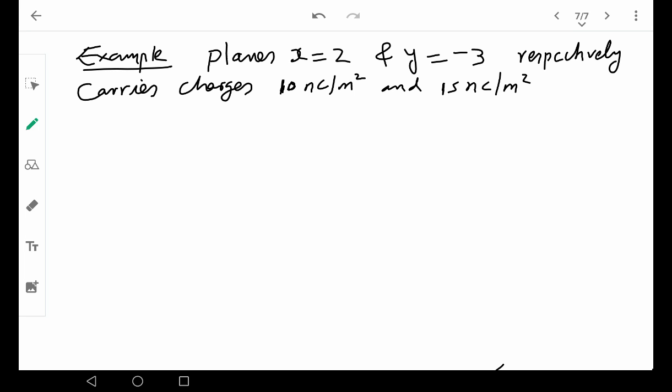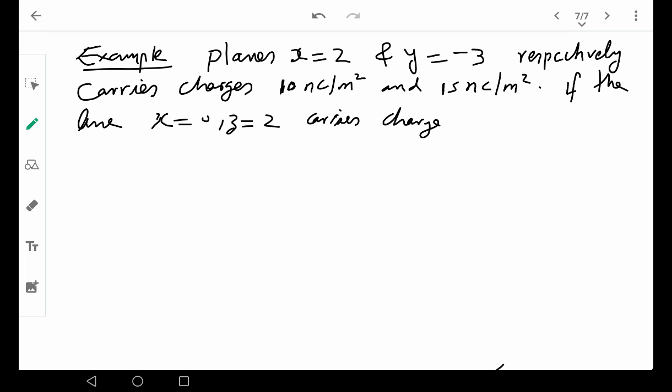And if there was a line, x equal to 0, z equal to... that's a single line. And calculate E at the point (1, 1, -1)